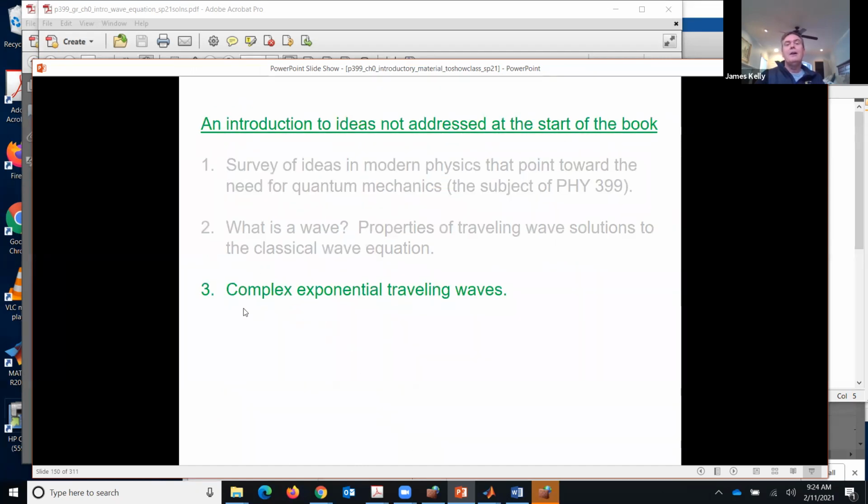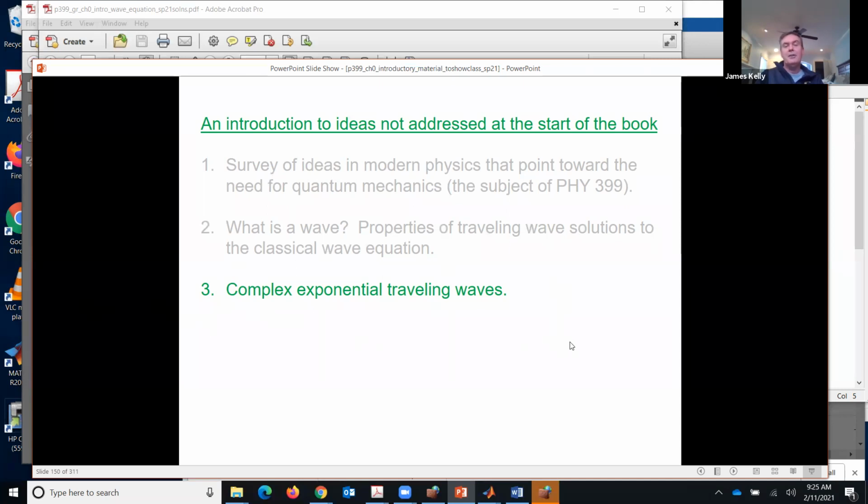Okay, so back to our, we were going to do 5 things at the beginning of this kind of introductory material. I was saying that we've been talking about traveling wave solutions to the classical wave equation, and also we want to think about them in terms of the time-dependent Schrodinger equation coming up. And we've been thinking of them as cosine or sine of kx minus omega t. It turns out that's not going to work out so well for the time-dependent Schrodinger equation for reasons we'll come into, but for the classical wave equation, there's just a different but completely equivalent way of expressing traveling waves, and